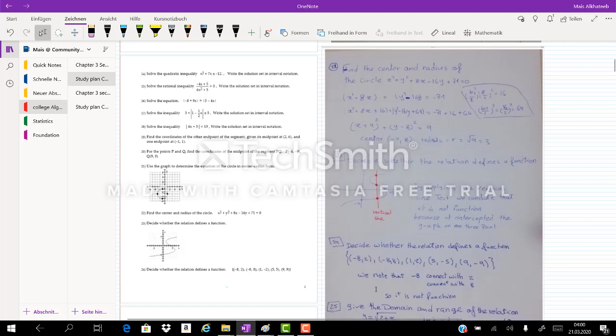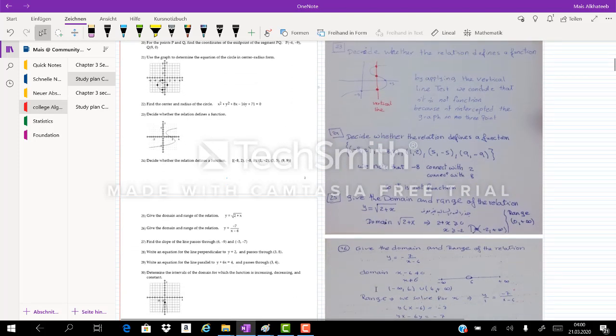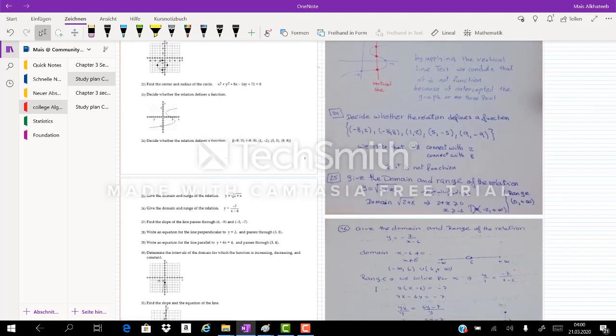Now, in 25, which comes in the next slide, they ask to give the domain and range of the relation y equals square root of 2 plus x. To find the domain, as we know that the square root,